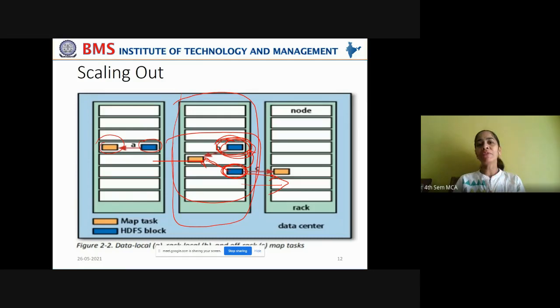If still it is busy with map task, it will try to find another data node on a completely different cluster. In this last case, some data transfer has to happen in order to bring the data local to the map job. Right? For that, it utilizes some network bandwidth to transfer the data.